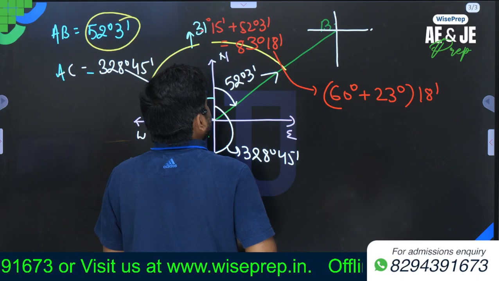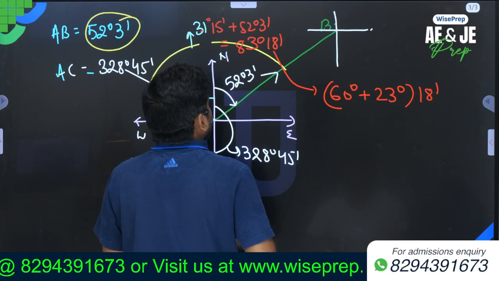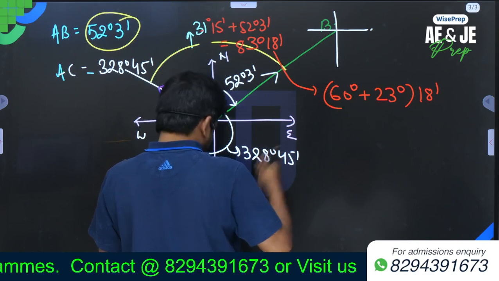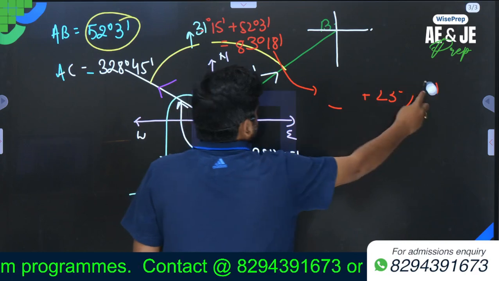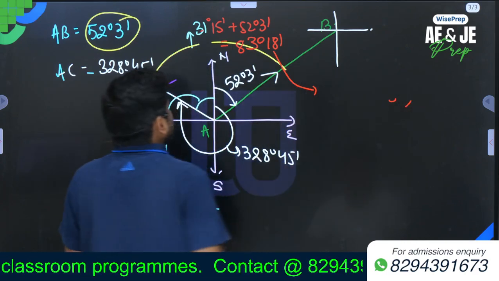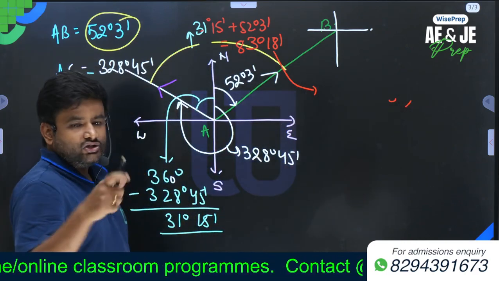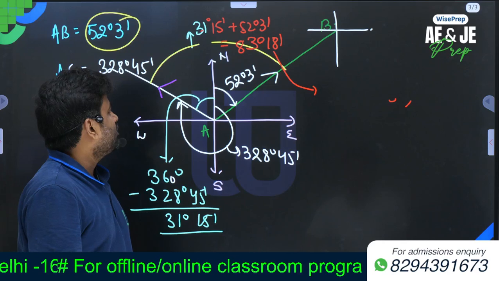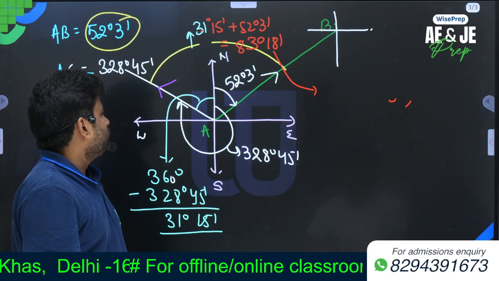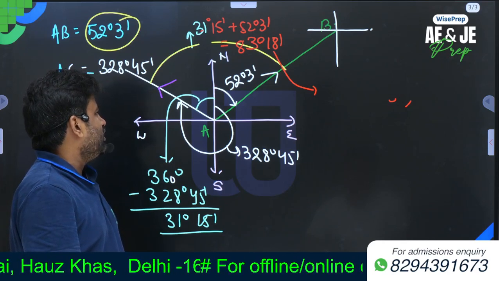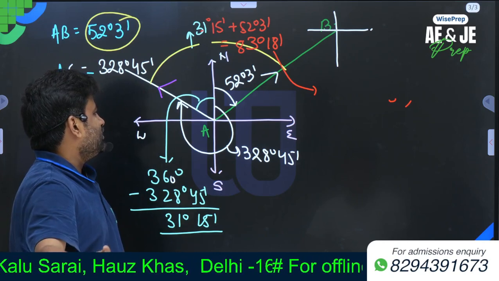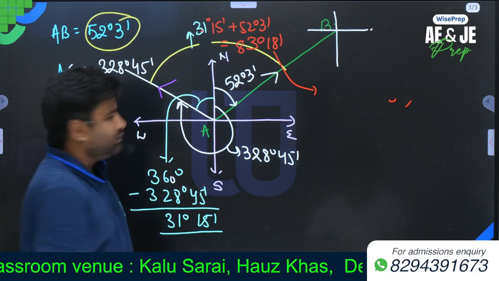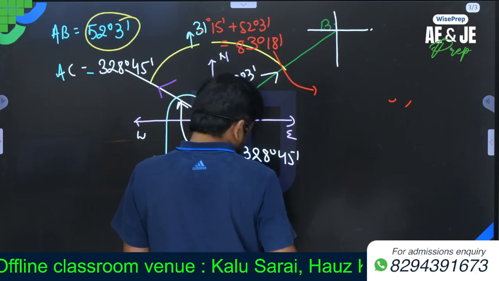So obviously what we can see here? Okay, we can write 83 degree, not an issue. Actually, this can also be written as, if 1 degree is equal to how much minute? 60 minute. So we can also write 82 degree 60 plus 18, 78 minute. Options can be given in this format also.